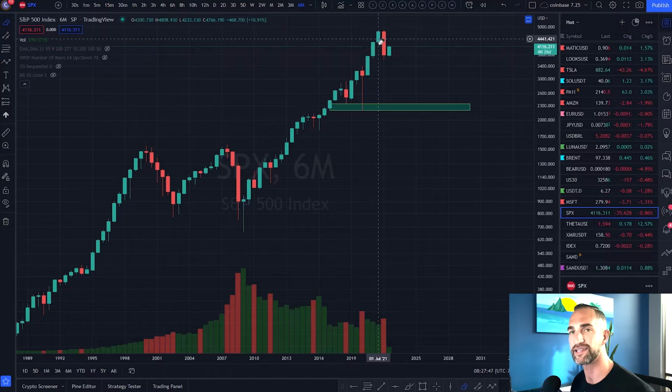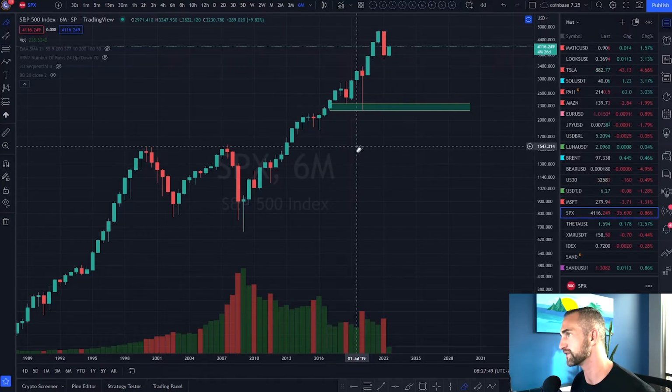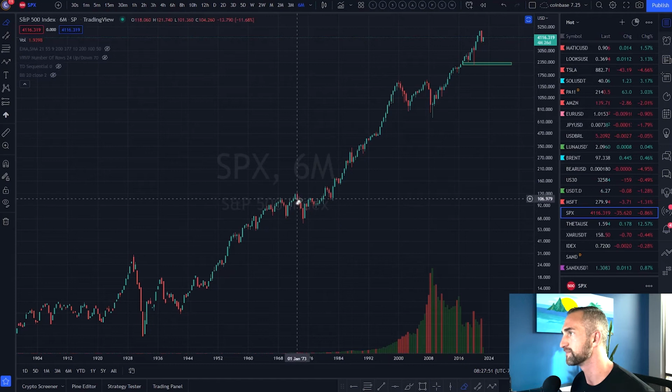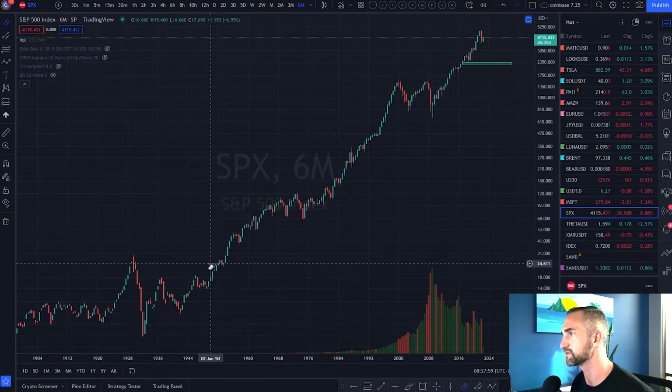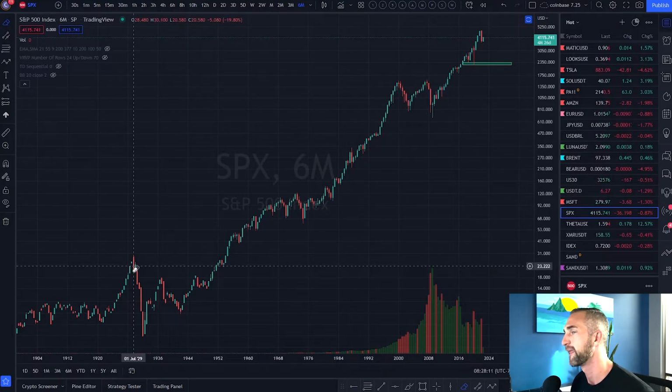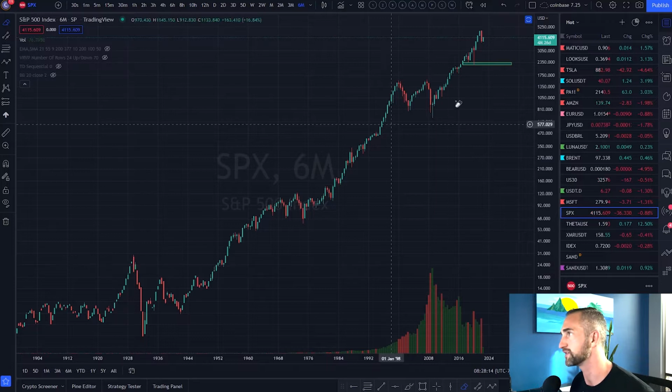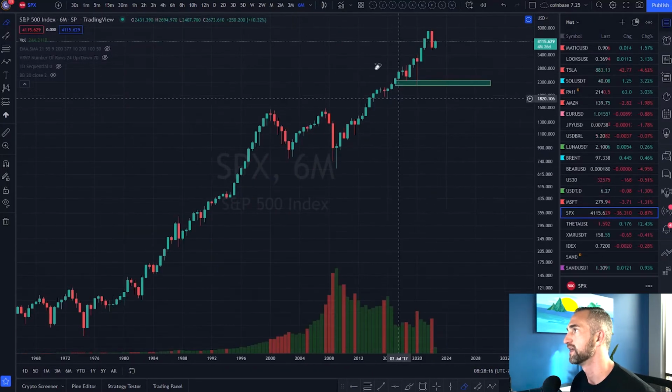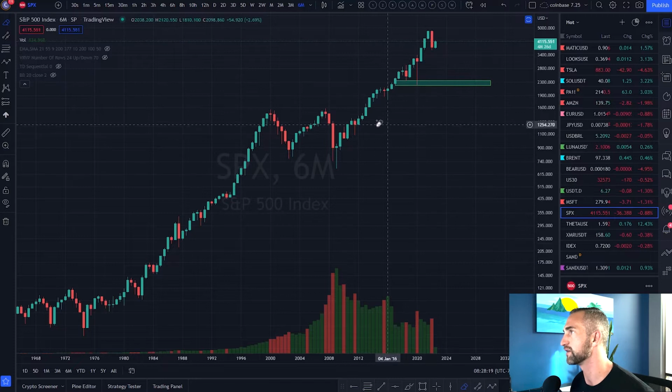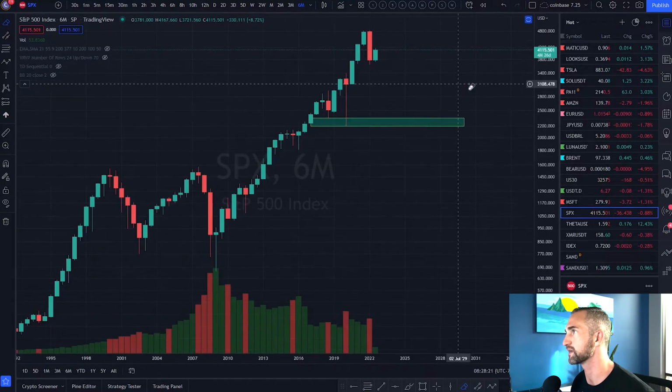Now, we've only had 2 of these in the prior 100 years. One was right here in 1973, and it took the market almost 10 years to come back and retake those highs. The one prior to that, a bearish engulfing candle on the 6-month time frame, was in July 1929, and that one preceded the Great Depression. So this bearish candle on volume is pretty much enough for me. We're getting a little bit of a backfill.